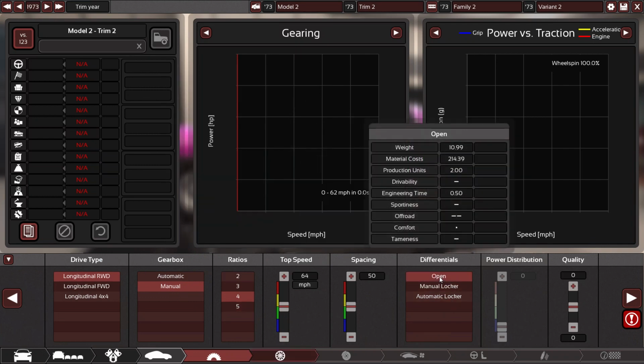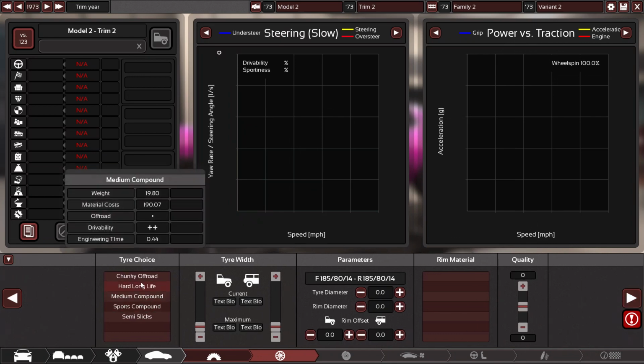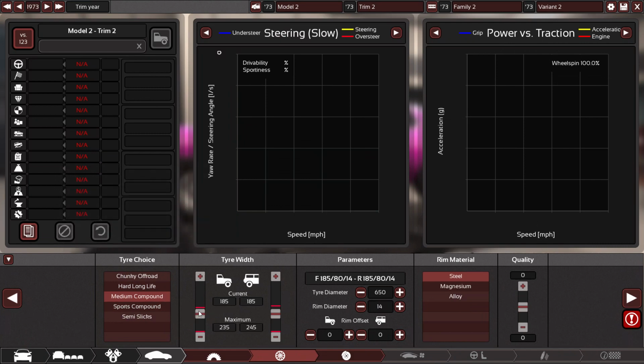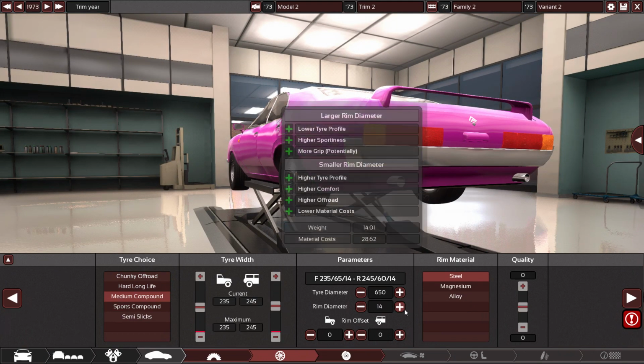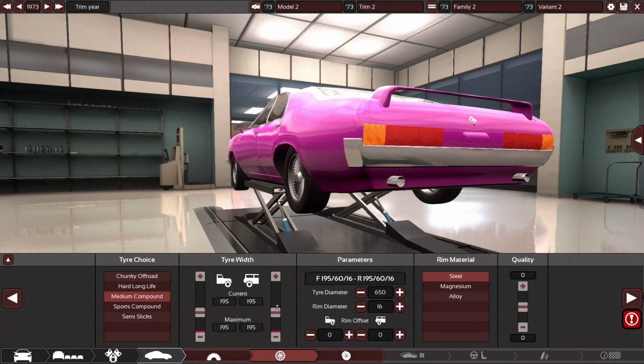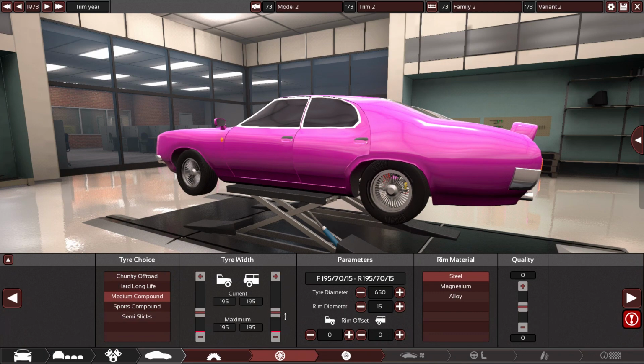Open differential, we don't have any kind of circuit-orientated differentials. They're all designed mainly for off-roading, so I think open is going to be the best in this certain circumstance. We'll go with medium compound. Wow, I'm impressed. 245. Admittedly, they will go a bit narrower, but still, I should be able to fit some decent size wheels here. I could fit sportier 15 inches and still fit 215s, but mind, we do also have this, so